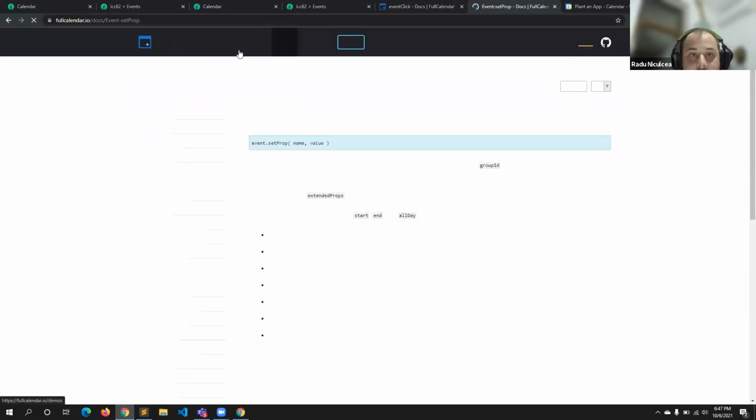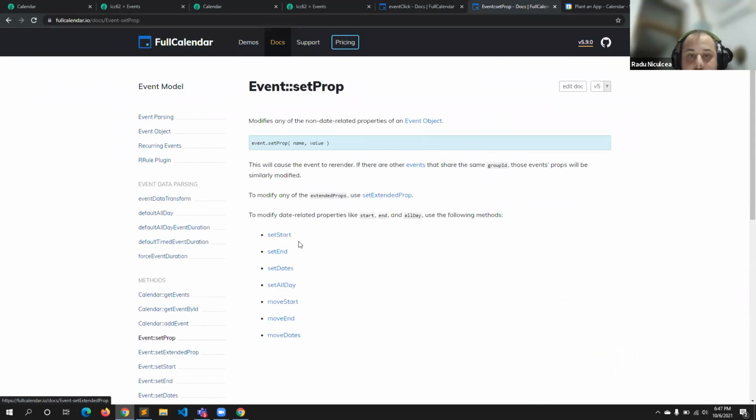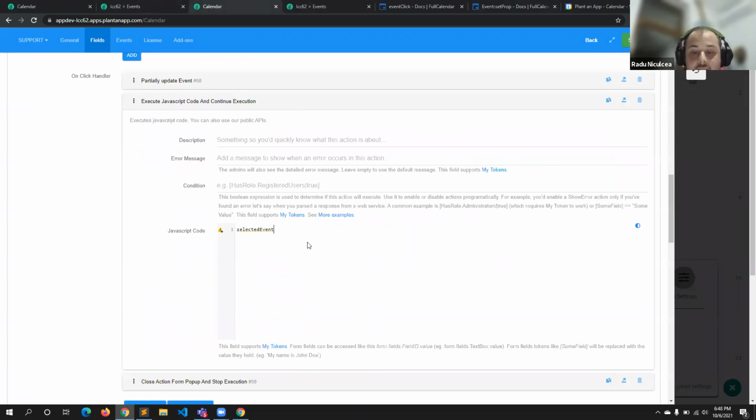I think I have a link here already, where I can go into the event and set, for example, the start date and the end date of the property. So I will need the start date to be the start date that the field has, and also I will need to set the end date.